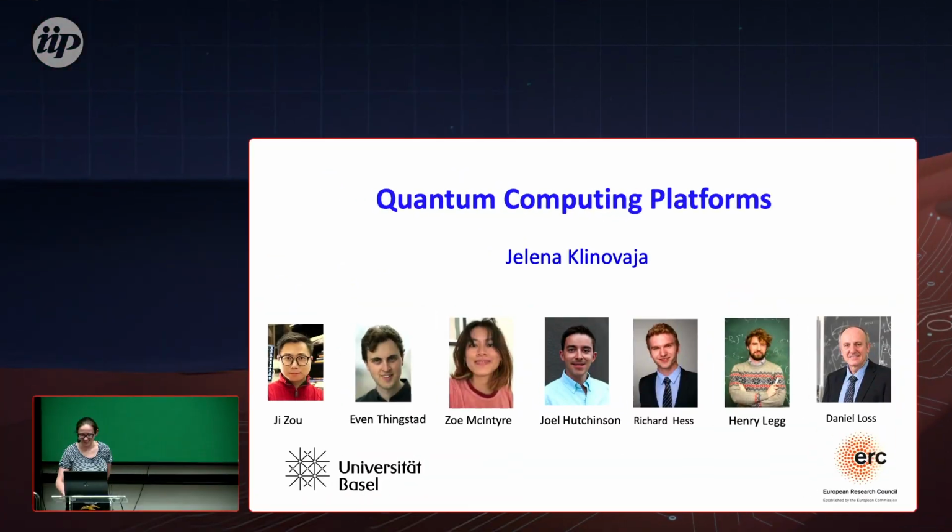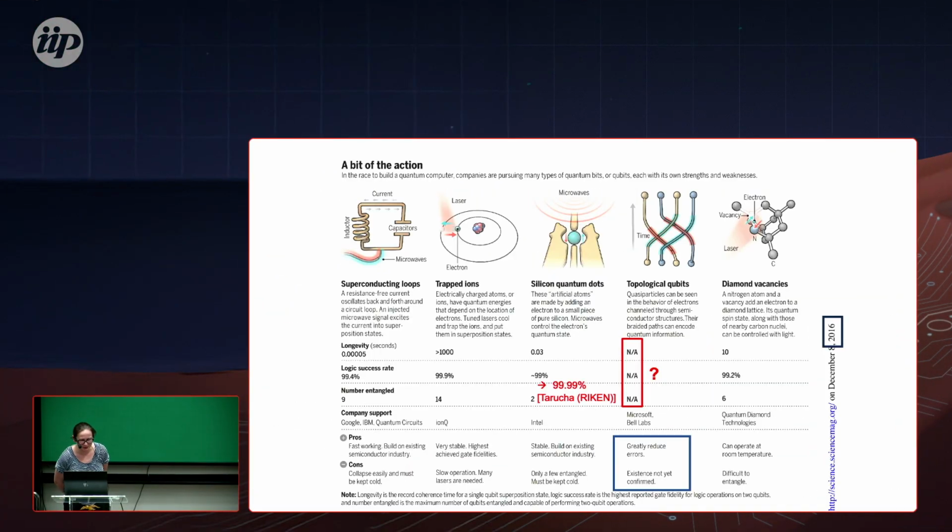And as you can see, I like sometimes to show this picture. It's from 2016, right? We have heard today more about progress on superconducting qubits, and it's really great, and you can make all these fancy experiments with error correction. But I work more in the field of spin qubits, topological qubits, Andreev qubits, and there we even have discussion of whether you have a qubit. So this is definitely not yet on the level of error correction.